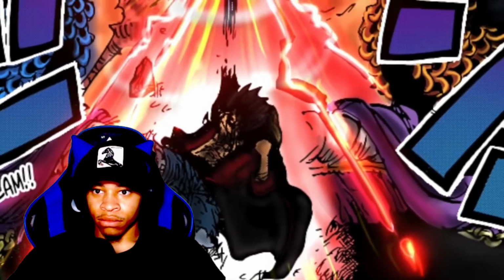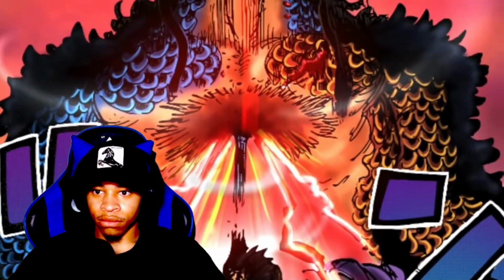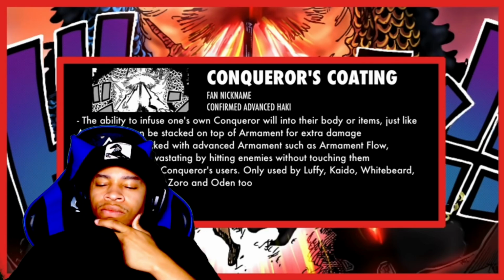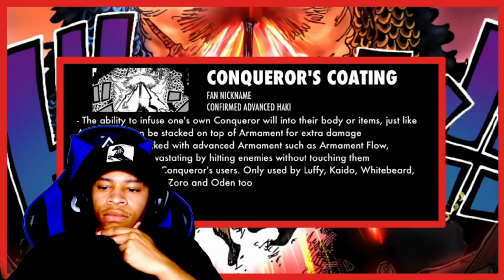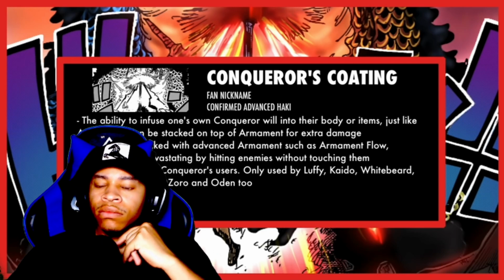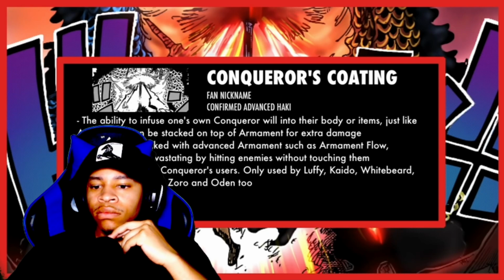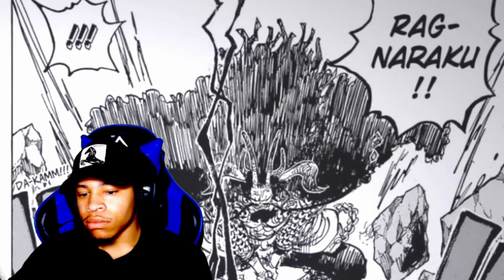Conqueror's Haki has one mainly known advanced application which was only properly explained just recently, being what I'd call Conqueror's Coding, an ability only very few specific individuals, even among Conqueror's users, have. This allows one to coat their own body or an item with their will of Conqueror's Haki, making their attacks so much more devastating. This was used by Kaido to imbue his...